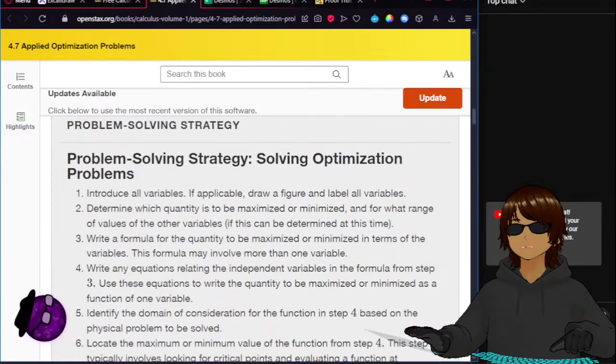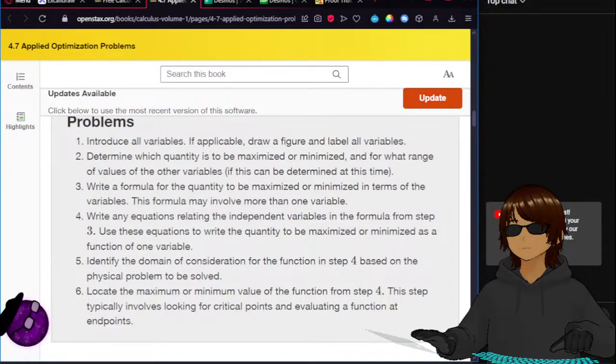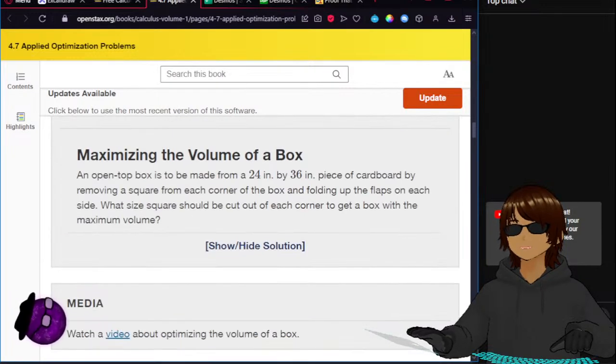Okay. Solving optimization problems. Introduce all variables if applicable. Draw a figure, label all variables. Determine which quantity is to be maximized or minimized and for what range of values of the other variables. If this can be determined at this time, write a formula, write any equations relating the independent variables, identify the domain of consideration, locate the maximum, minimum, maximizing the volume of a box. An open top box is to be made from a 24-inch by 36-inch